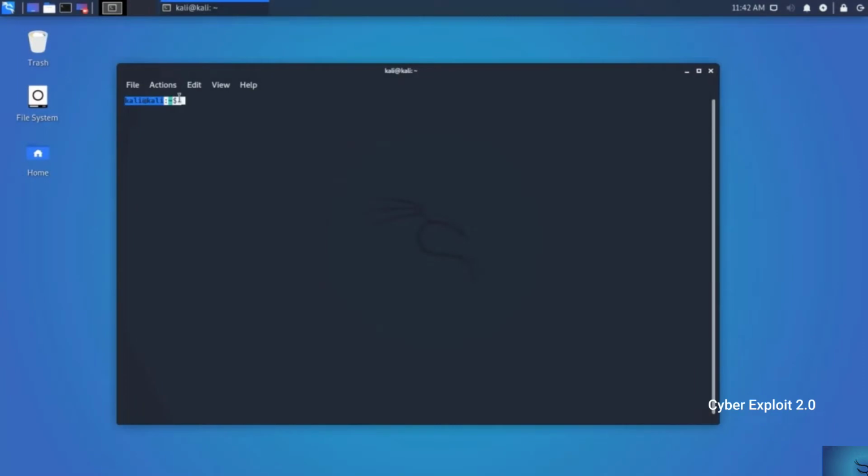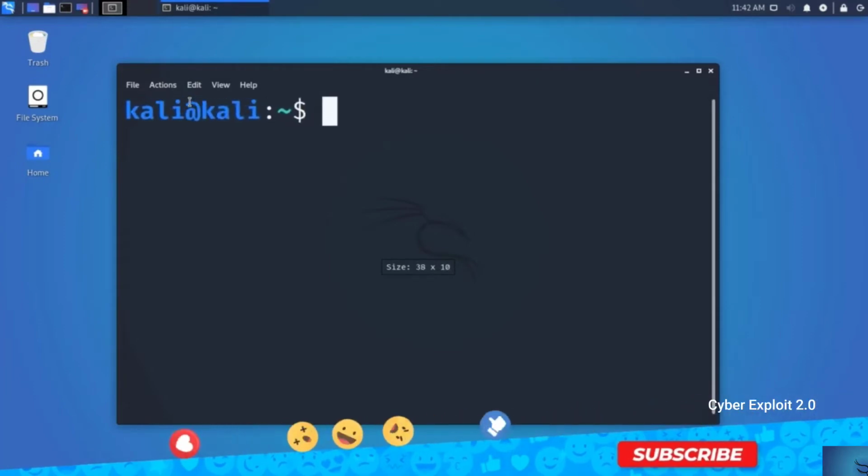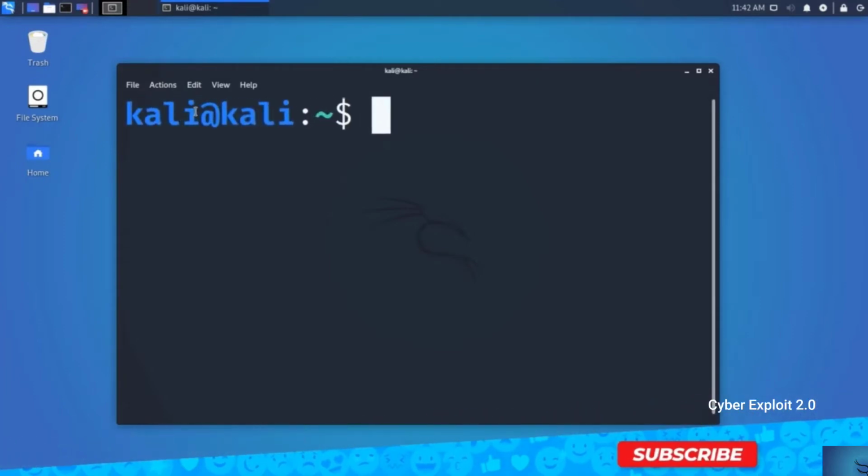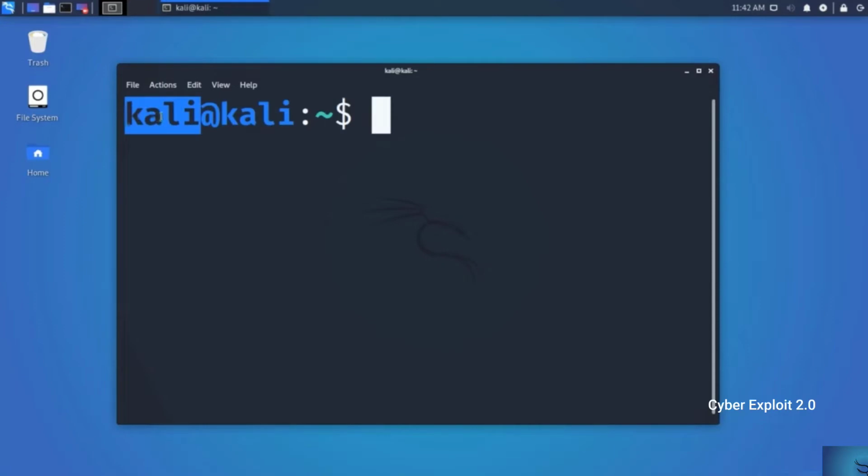Once you launch the terminal, you would find something like this: kali@kali, then a colon on the terminal. The first part of this line is the name of the user, and it's kali. By seeing this, you can identify the current user of the OS. Then the second part, kali, is the computer name or host name. The host name helps to identify a computer over the network. In a server environment, host name is very important.